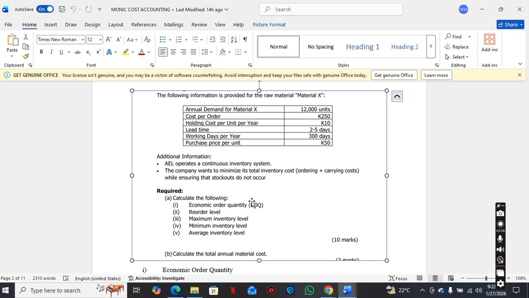Let me try. Okay. This is the quantity of the goods that can be ordered either in excess or little. I think